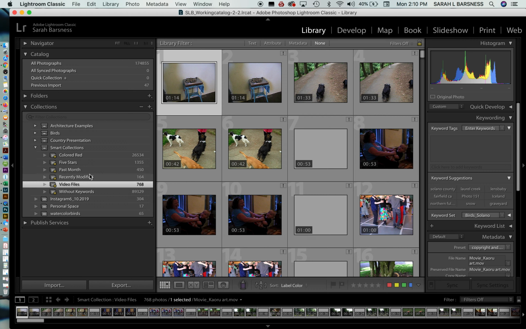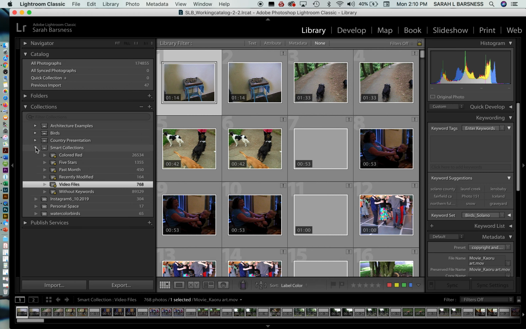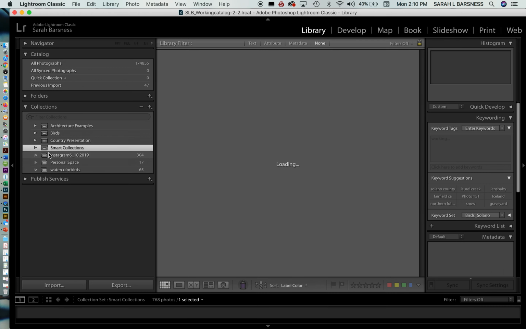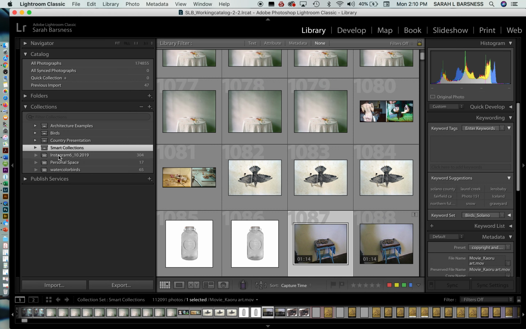You can also make your own smart collections. It can be very cool, but if you start working with smart collections and not really knowing what they're about, it could get a little bit haywire. So let's stay away from them for now. Let's go back up to collections,